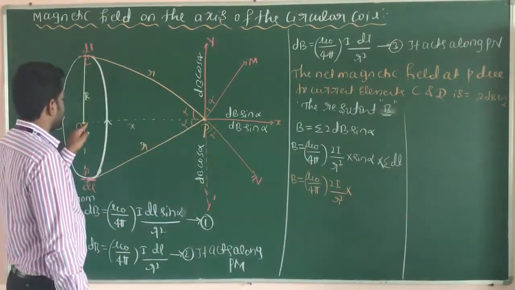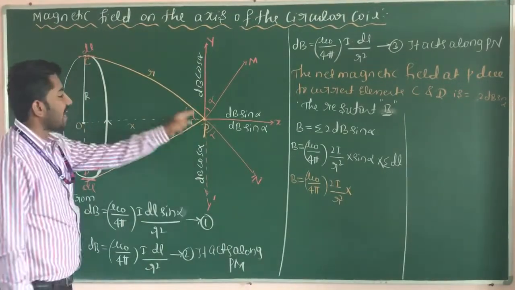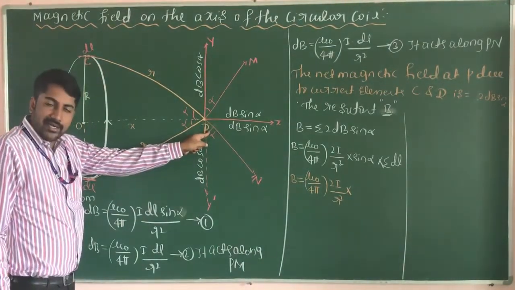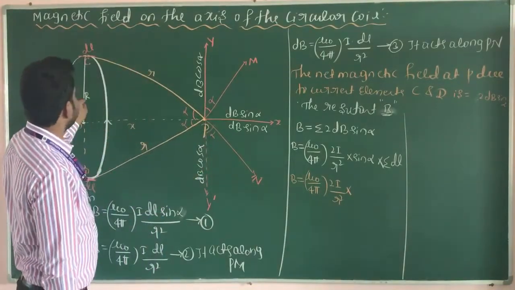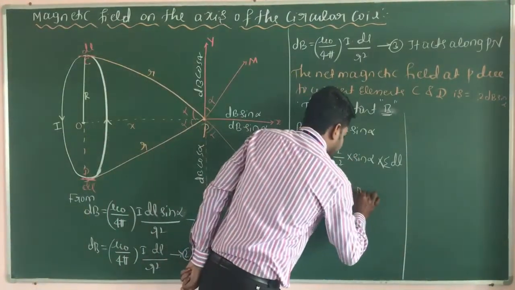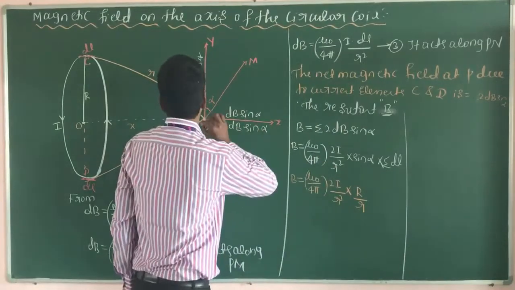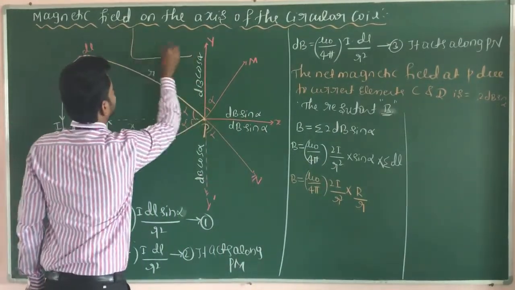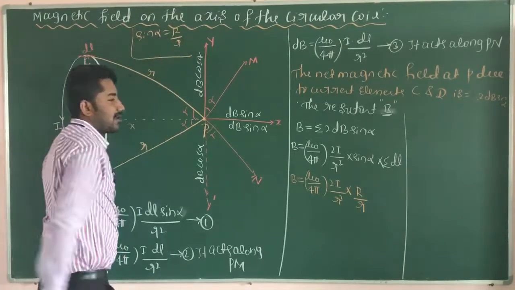In this triangle, when you are applying the Pythagoras theorem for this triangle OCP, sin alpha, sin theta, or sin alpha is equal to opposite divided by hypotenuse. Opposite divided by hypotenuse, r divided by R. Sin alpha, this is r divided by R. Remember this point? Yes, students. That is, sin alpha is equal to r divided by R.